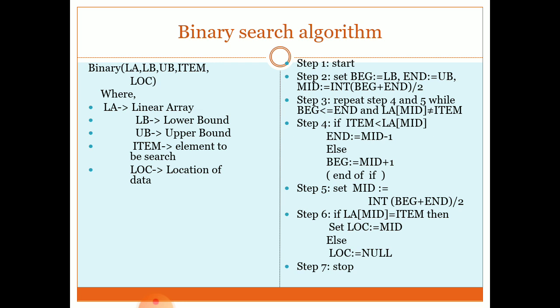That is nothing but 1 plus 5 divided by 2, that is 6 divided by 2, which is 3. So there is no use of that integer keyword. But in the case where there are 8 elements present in my given list, the position of my beginning element is 1 and the position of my ending element is 8. Now 1 plus 8 equals 9, and divided by 2 is 4.5. But there is no positional element present at the 4.5 position.